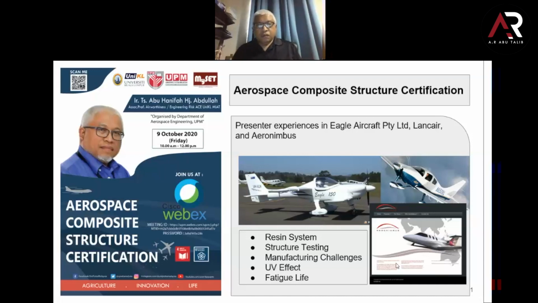As for participants' information, Malaysia does have several certified aircraft. We have the Eagle Aircraft, which has been certified in Australia, and the design and facility have been moved to Malacca, and this Eagle is now being certified in Malaysia. Malaysia issued a type certificate for this aircraft, and the Eagle is 100% composite. The only metal is the engine frames and the hinge brackets for the control system. The rest are all composite, including the landing gear